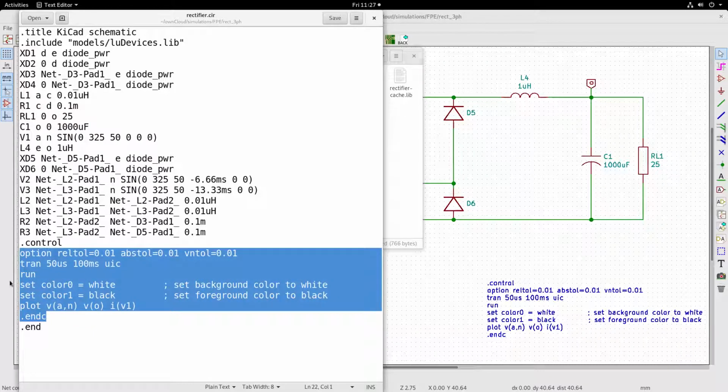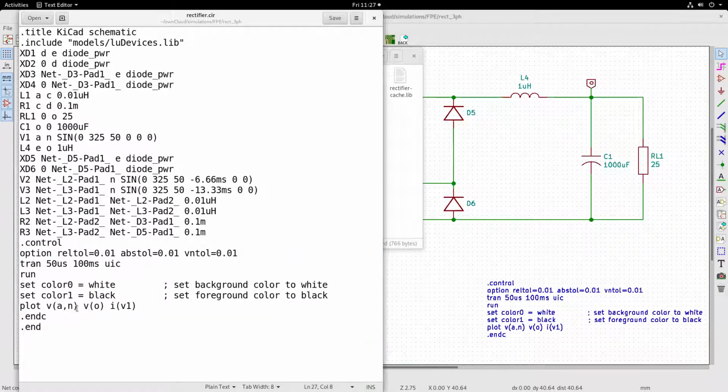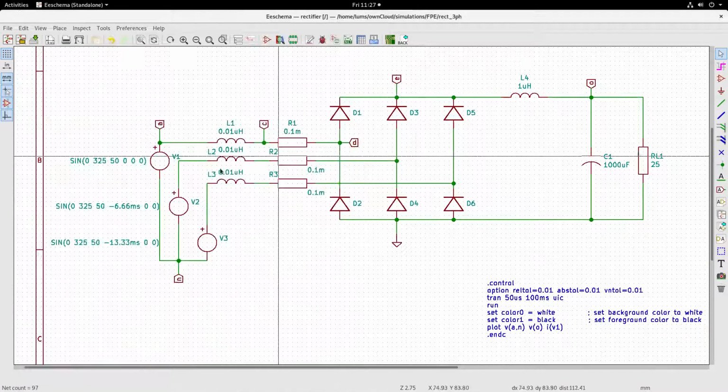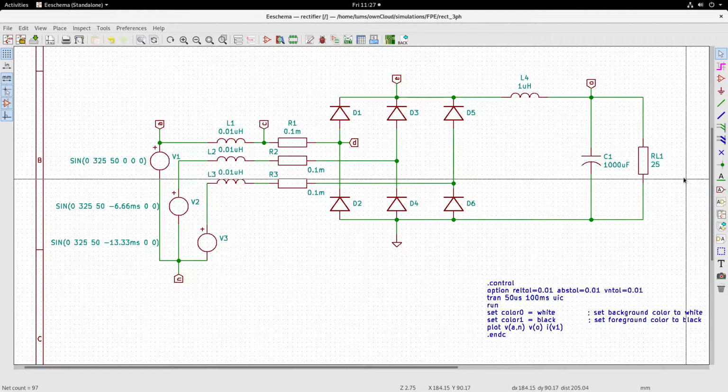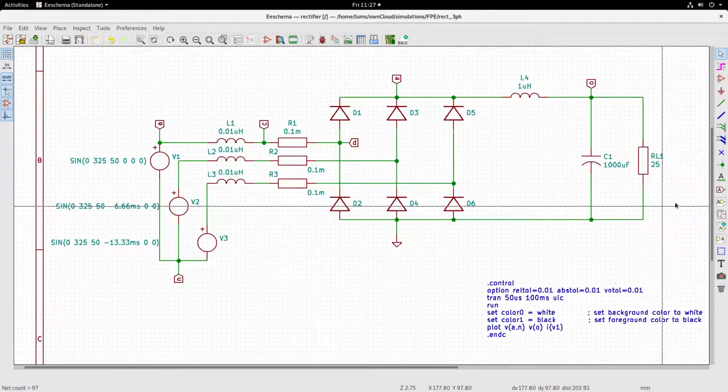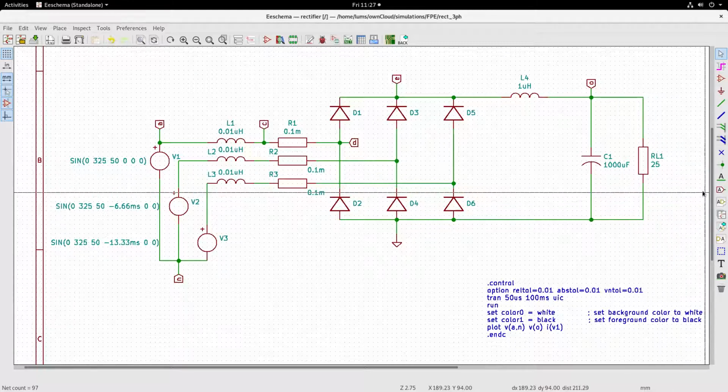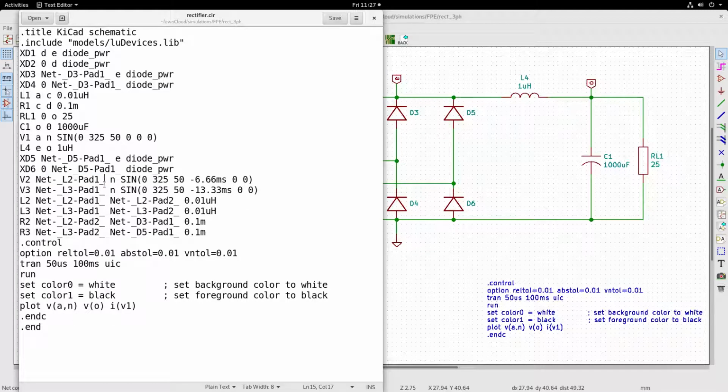So transient analysis run, we are setting the background to white, foreground to black, and then we are seeing these waveforms. And you see that we have not given the labels here. So it is going to auto generate the node names for that. I will let you put a label and then give values to the node names.